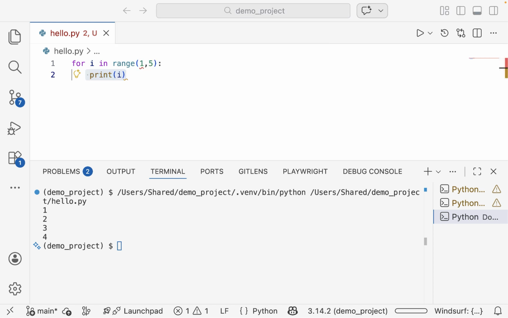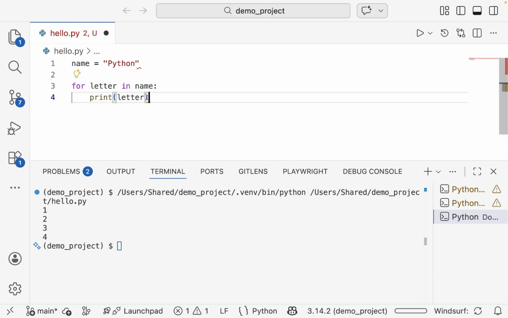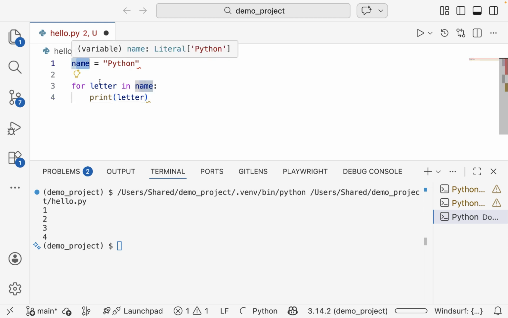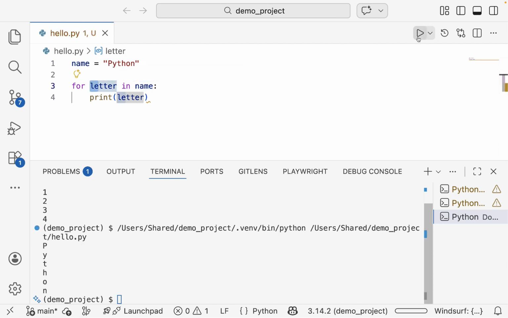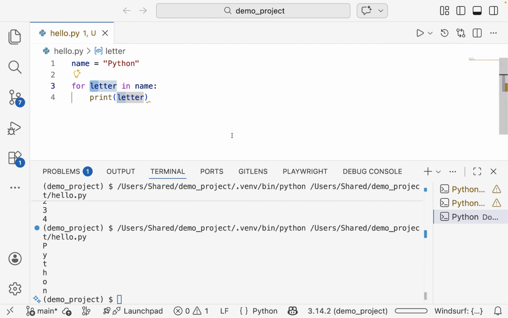And now let's look at another example where you are going to loop through a string. So let me copy the example code here, and here you can see a string Python, and it is stored in this variable name, and we are using the for loop to print each character one at a time. So in this for loop, when I run the program, Python is going to process each character one at a time. So you can see it's printing